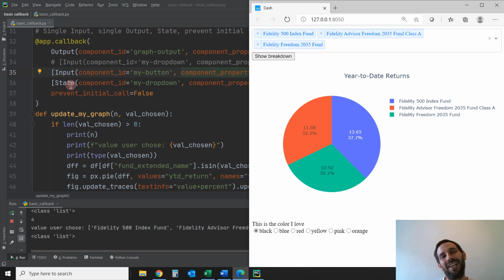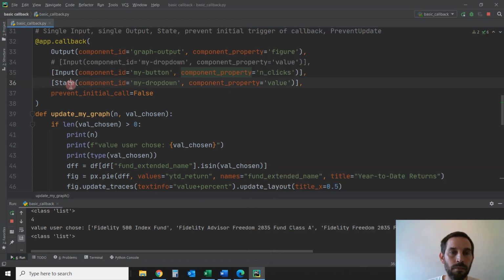So usually state is used when there's a lot of options that you want the user to choose before updating any graph, or maybe when you want to do a form, when you want them to fill out their email address or credit card information. You need to put things in state so the callback is not triggered every time the user changes something. And so it's usually used with a button as well. Okay, but what happens if you don't want